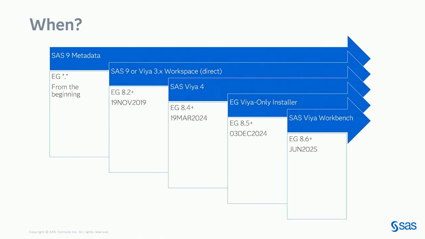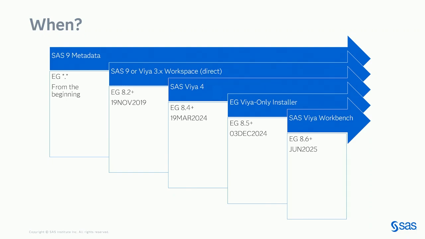Well, we added support. Okay, one step back. When I say SAS Enterprise Guide supported V9 for many years, that was with a SAS metadata server. So Enterprise Guide would connect to a SAS metadata server, and in that metadata server, you would define workspace servers. An administrator might define the workspace servers they want their end users to have access to. And for many years, that worked really well. And then in Enterprise Guide 8.2, we added the ability for end users to explicitly specify connections to workspace servers. And that means you don't have to use metadata server if you don't want to.